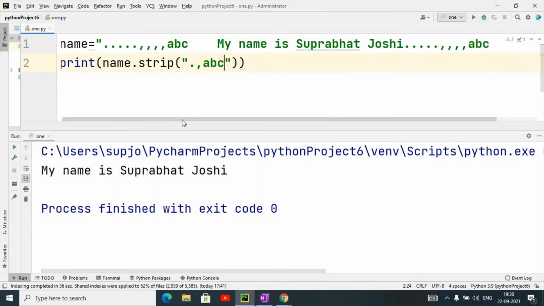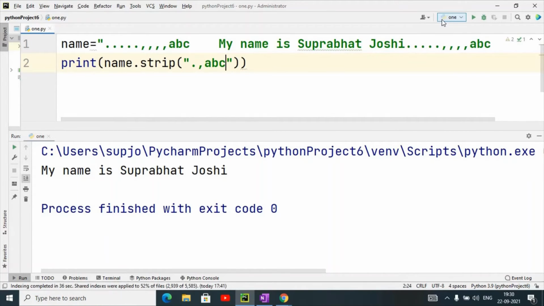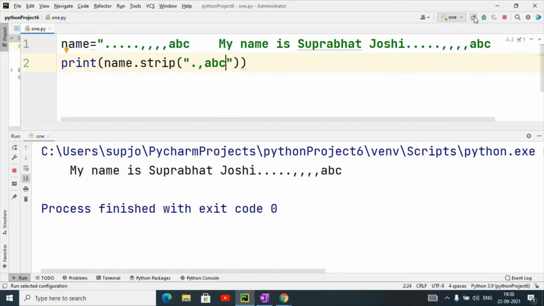When I execute this, you can see it removes them, but we have also given blank spaces, and I want to remove blank spaces also. So I have given dot, comma, then blank space, then ABC.